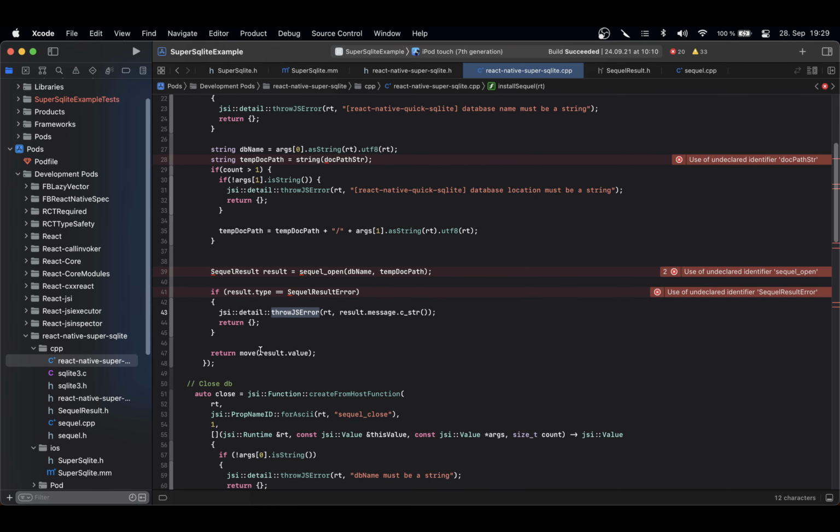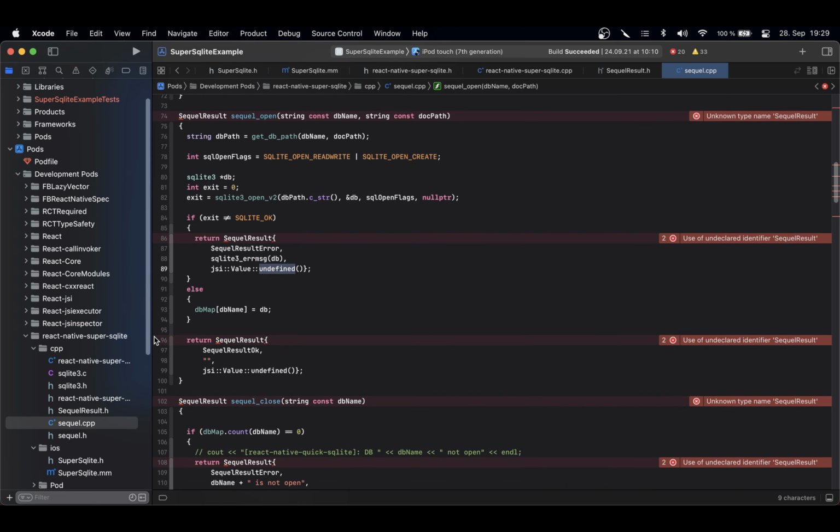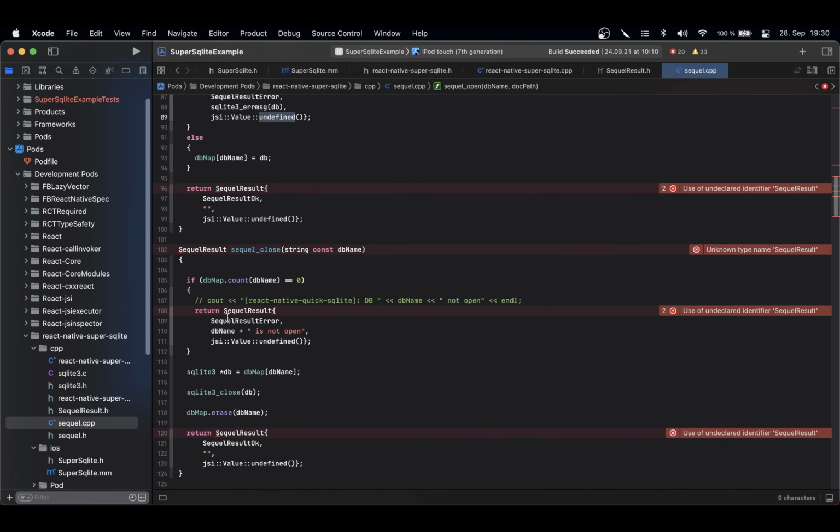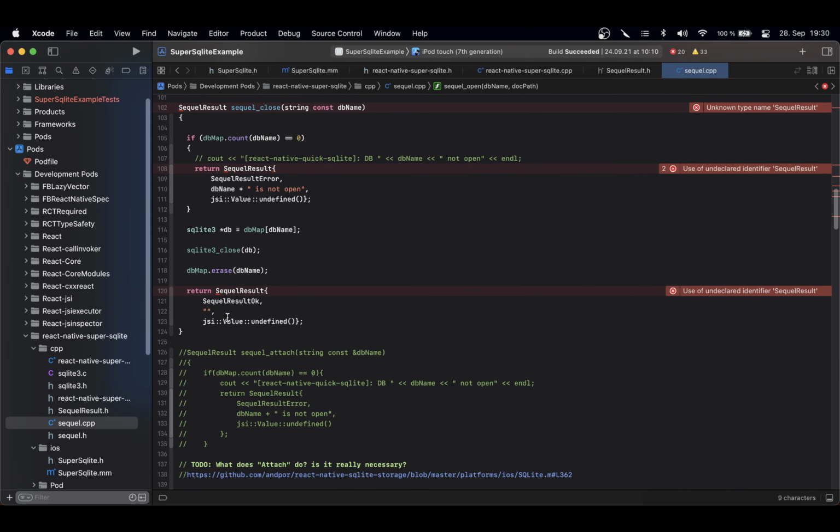If not, then I can just move the JSI object that I create directly pass it into JavaScript. So like I said, I cheated a little bit because this mixes a little bit the JSI code with the SQLite code, but this is in order to get the most performance out of my code in order not to repeat operations. So then here, you can check out the code yourself, you're gonna have a lot